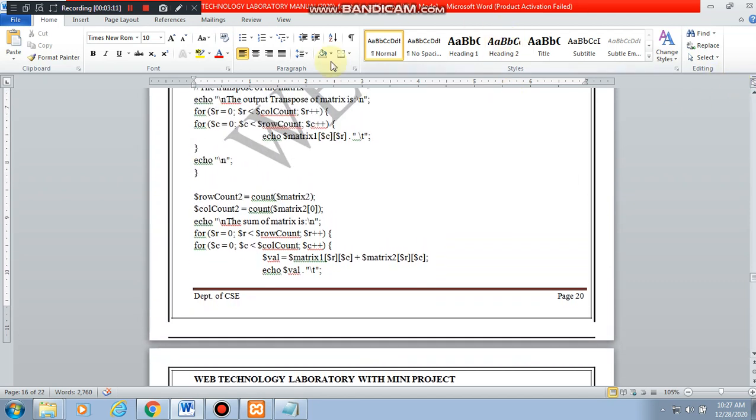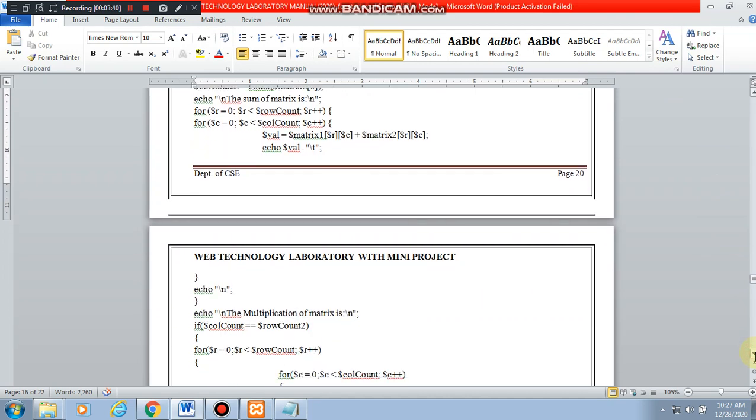So for adding two matrices, again the same for loops are used. We have taken another variable $val and go on displaying that, where each corresponding row and column element of matrix 1 is added with the corresponding element of that particular matrix. So this is a simple logic that we use in C programming as well. This will perform the sum.